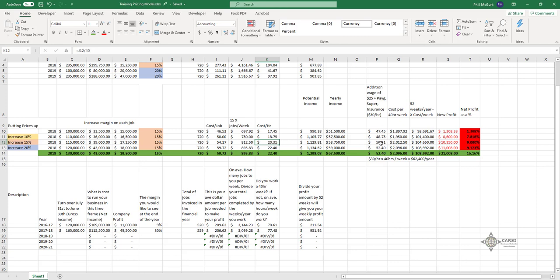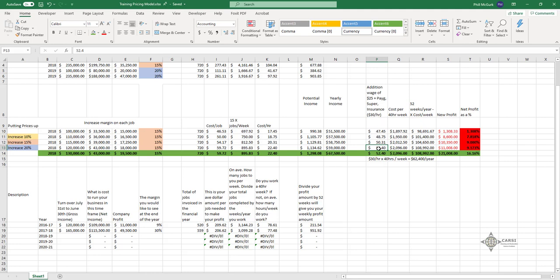$30 plus $20.31 equals $50.31 times 40 times 52 minus that equals this, or a 9% net profit. Still not enough. We're still under 15%. Okay, we've got 120,000, but it costs us $4,000 additional to make that 5, so still not a good investment. Costs us $59.72 per job, $8.95 per week, $22.40 per hour,